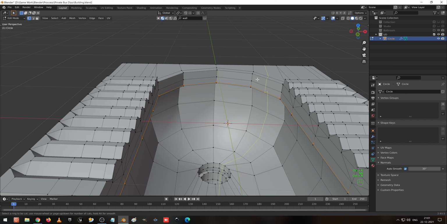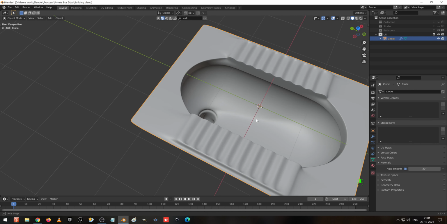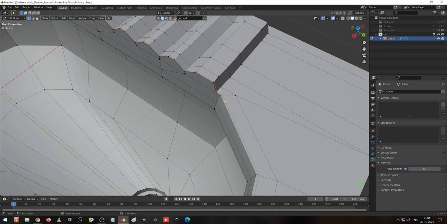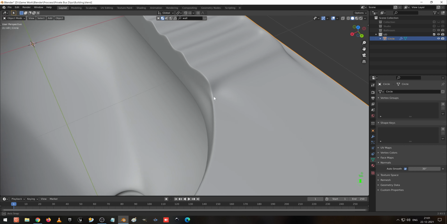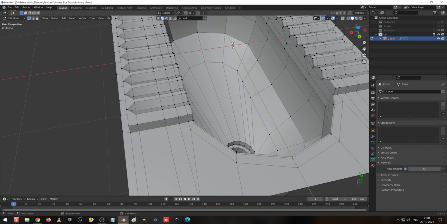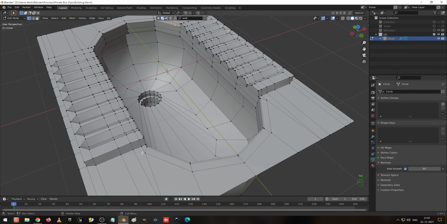And I go to edit mode, I try to give it in the top here at this angle and move it towards here. Okay, use the shift key to move slowly towards there. So now it looks nice here, and here we can see these two things. I press double G to move towards like this, so now it looks fine. And here also the same, double G to move, double G to move like this, so it looks fine. And here too we can align it like that.